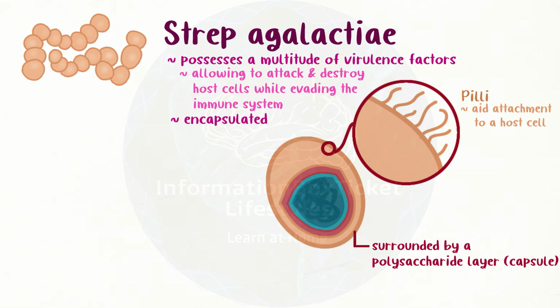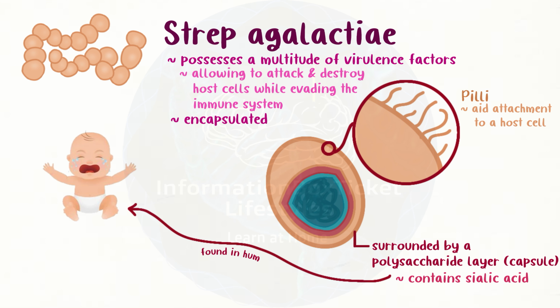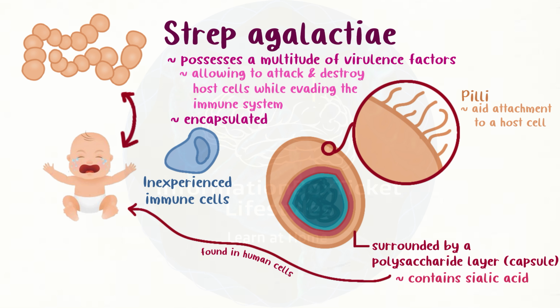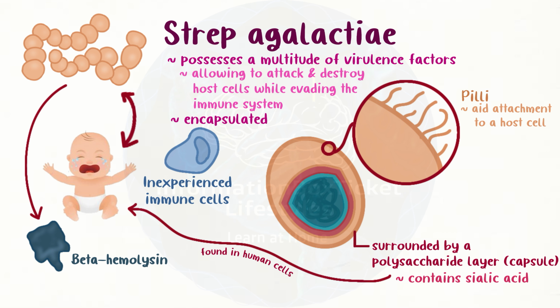In addition, the capsule contains sialic acid, a chemical present in human cells. Inexperienced immune cells, such as those of a newborn, may mistake Strep agalactiae for self cells, allowing it to live within the body. Finally, Strep agalactiae produces beta-hemolysin, which damages host tissues and induces hemolysis,